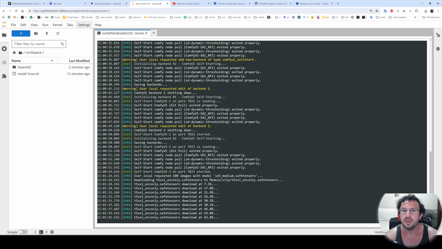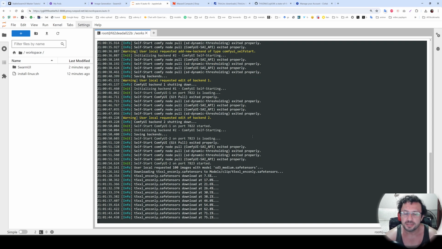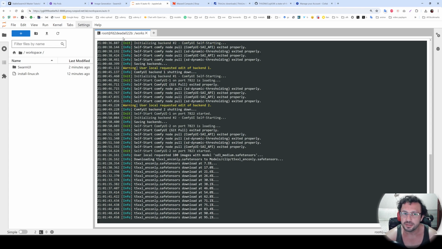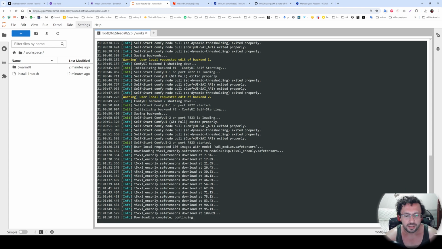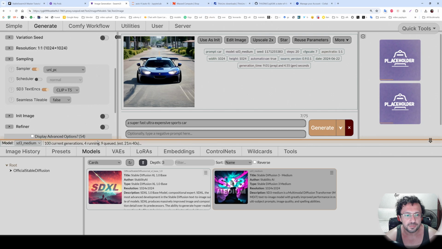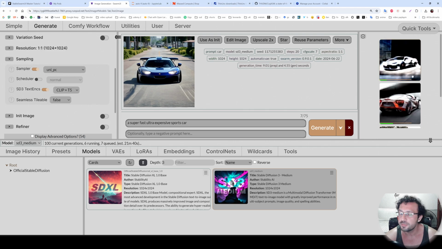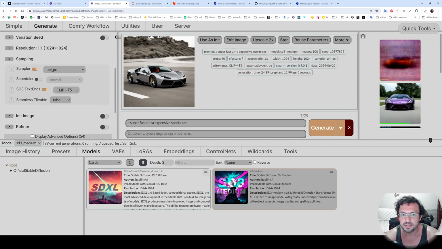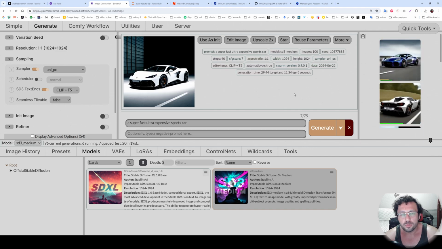The beauty of my tutorial is that you have the full control. You can see what is happening in this CMD terminal. Yes, download completed. Now it will load models into each backend and generate them at the same time. And we will see the speed in real time. You see, this speed is amazing. It is generating images almost instantly.